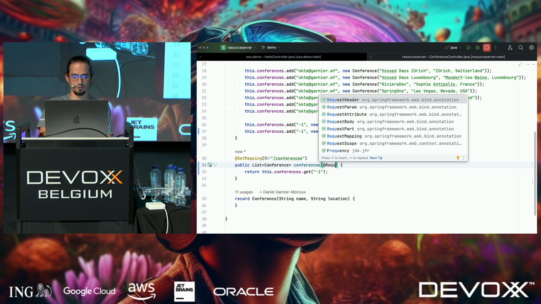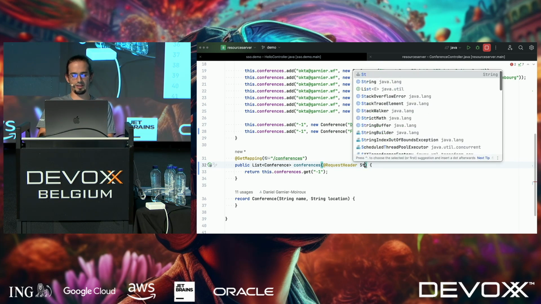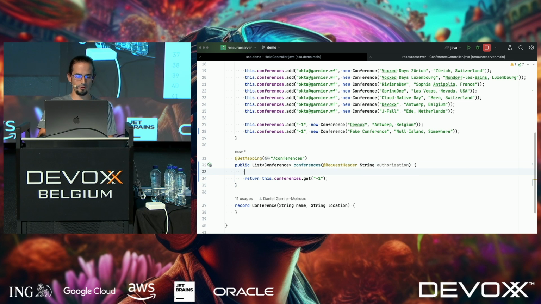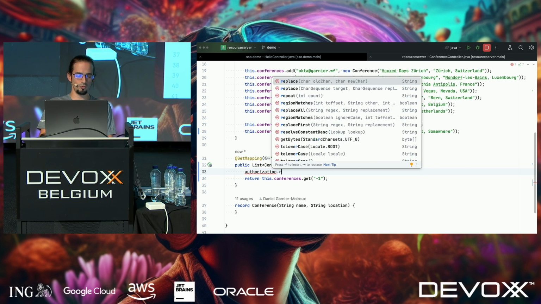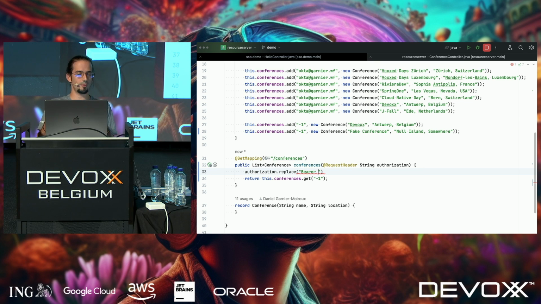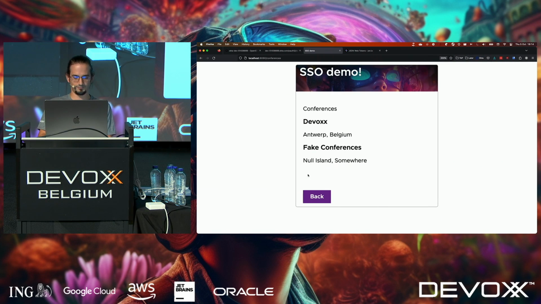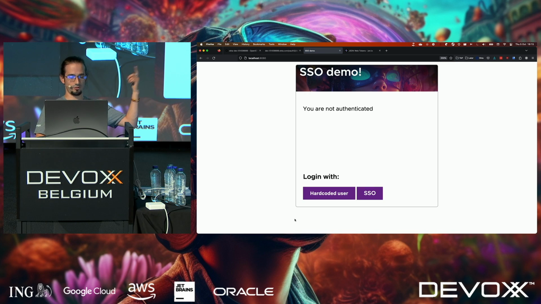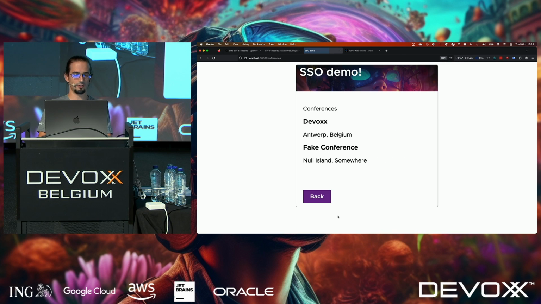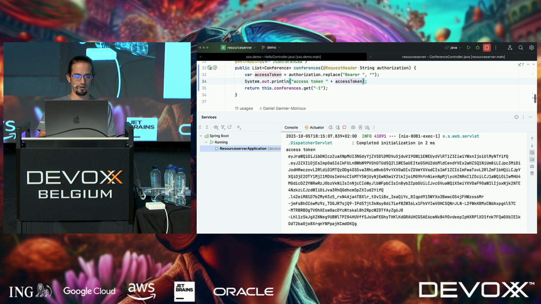And from the request header, I'm going to get the authorization header, right? And from the authorization header, I'm going to remove the bearer part. What I care about is what's after bearer, so the access token. And so replace this with an empty string, and the access token comes back. So the resource server can see it. And I'm just going to print it, access token. There we go, and access token, right? So now, go back. I'm going to log out because I want to grab an access token, put it in the session, which I wasn't on that site before. Click on conferences. I still have my fake conferences, but now when I go to the resource server,